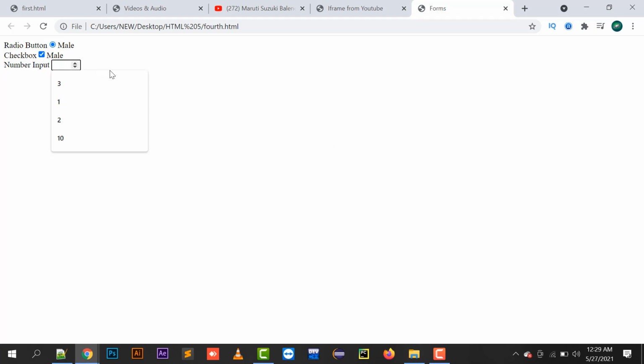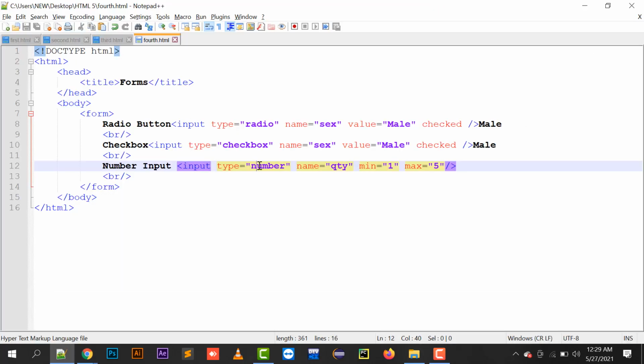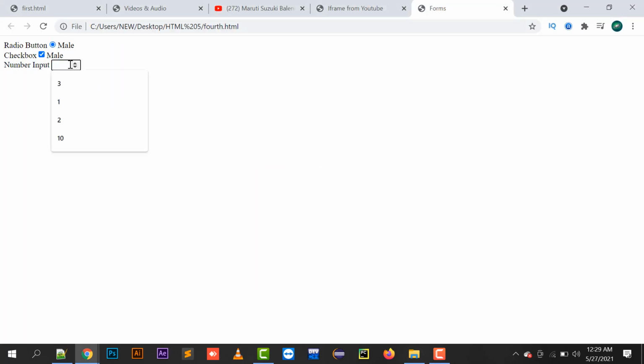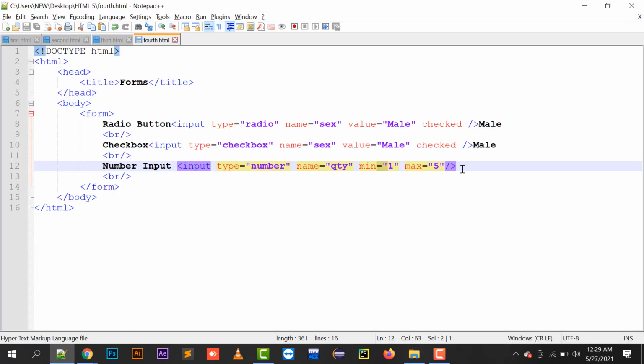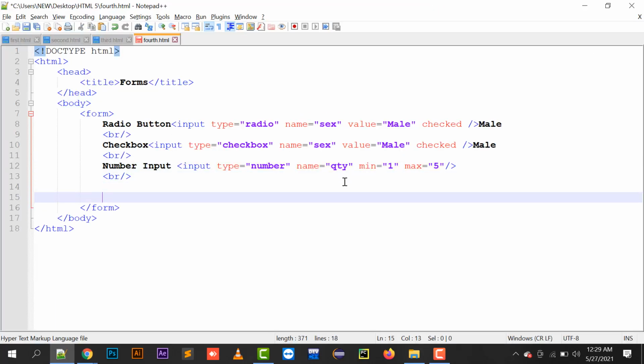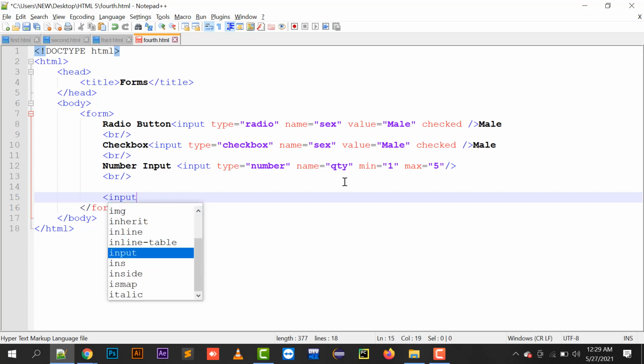If I write a text here, I'm typing the text but it is not entering. Why? Because we have specified its type as number. So minimum 1, maximum 5. If I write 10 here, I don't have a submit button over here. So if I write input